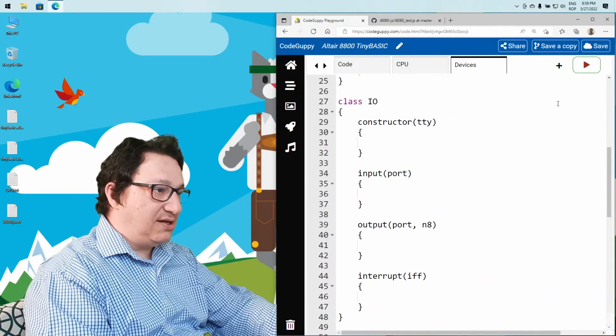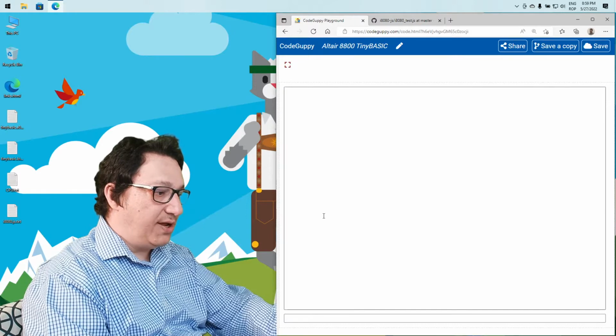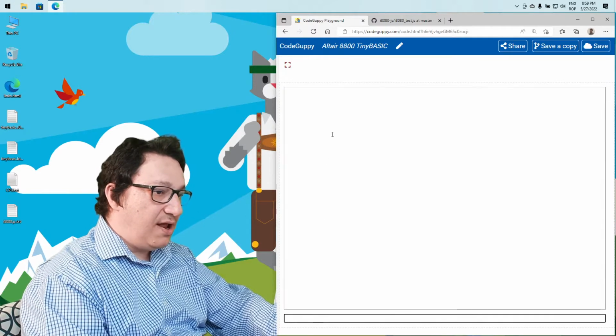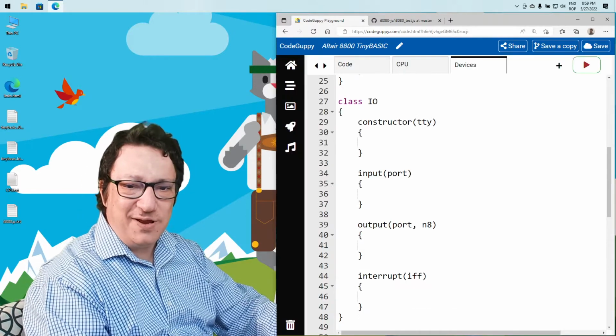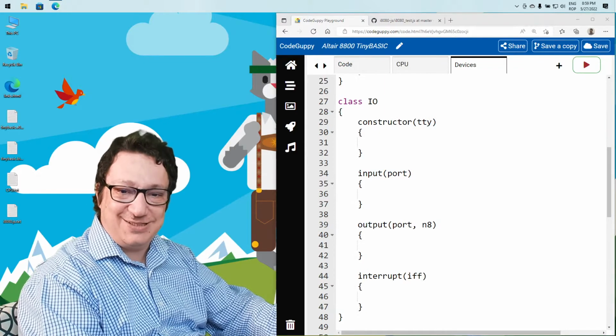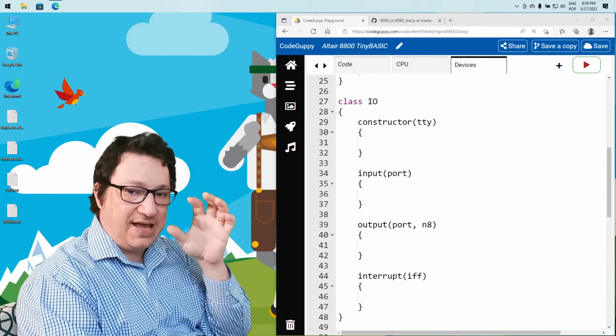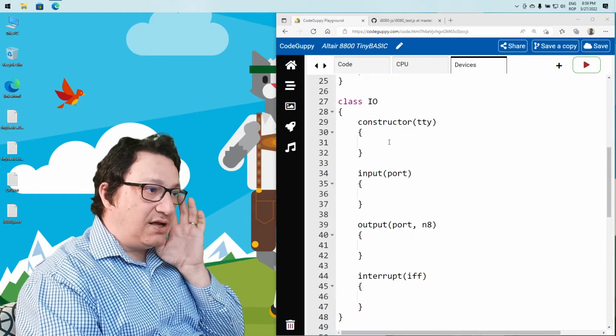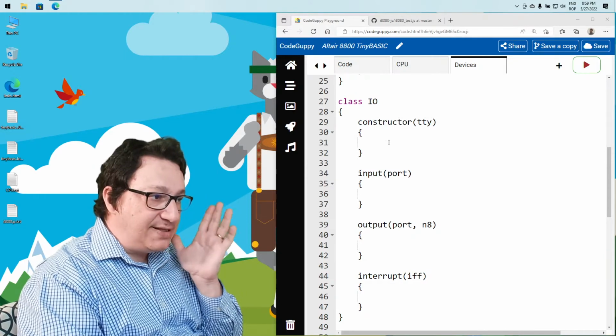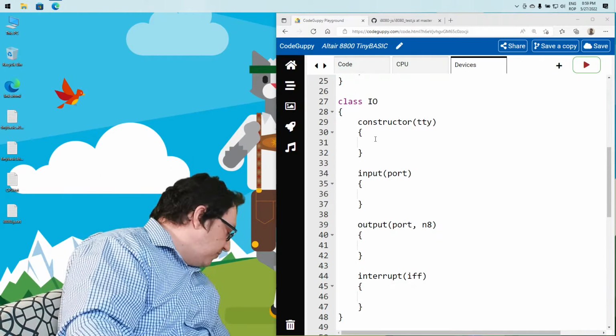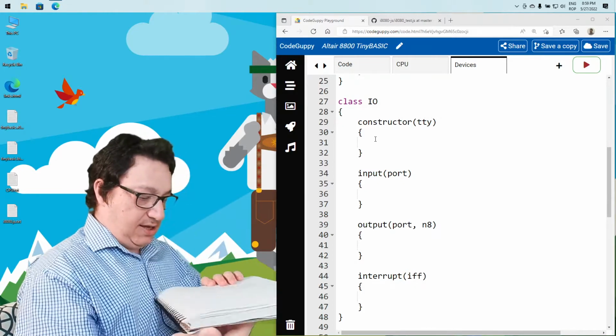Let me run the program again. Okay, I don't have any error. Because I don't have an error doesn't mean things are right, but at least it's better than hunting errors. So right now let's code this class, and we said also, as we put here on the paper, that